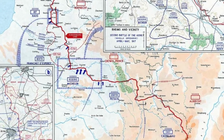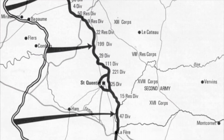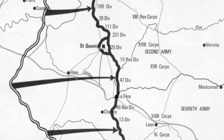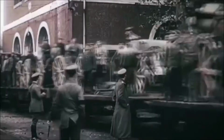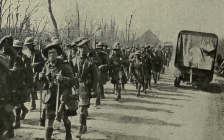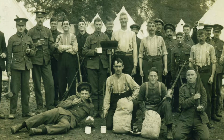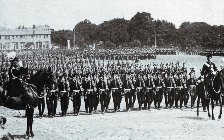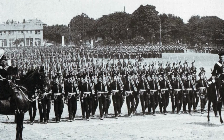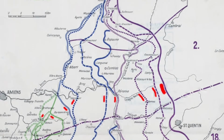It was launched at the Hindenburg Line on March 21st, 1918, and ended on April 5th of the same year. Its main purpose was to break the enemy defensive line and advance north in order to cut off railway supplies from ever reaching the British troops, specifically the BEF, otherwise known as the British Expeditionary Force, which was essentially a small but highly efficient army force located in the north of France in order to support the left-wing French